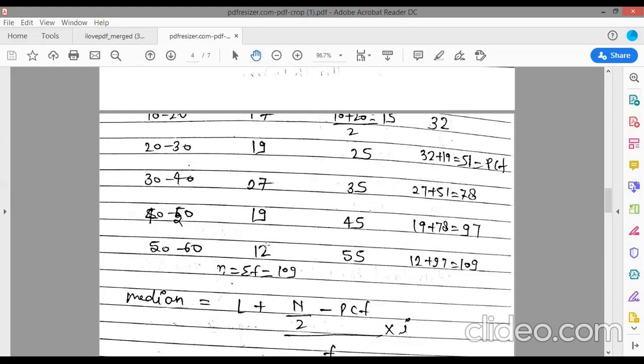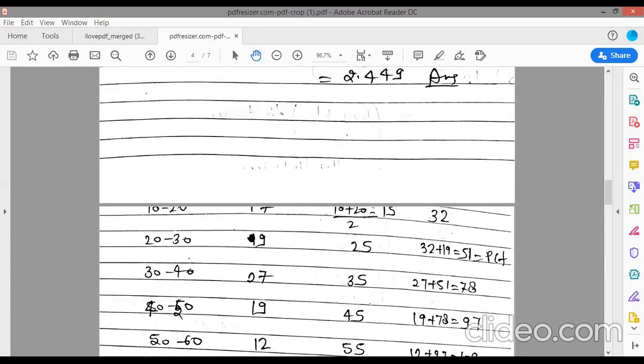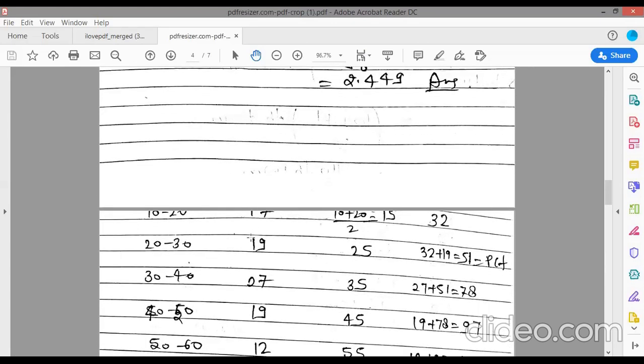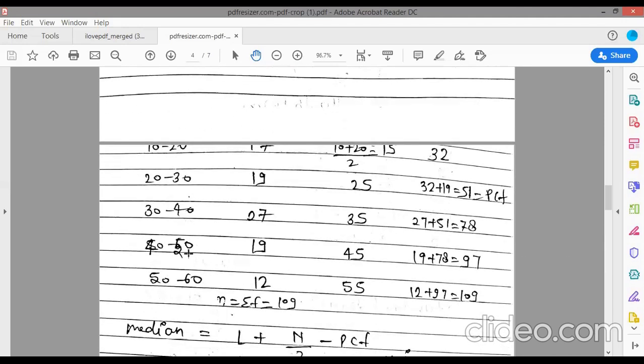There is a missing part here, 0 to 10 is missing. Don't worry about it, I will tell you. So the first column is your given interval. This is your exercise, so you can calculate all of these things, but the answer is here, so you can compare your answer with mine. So 0 to 10 is your first line, then 10 to 20, 20 to 30, 30 to 40, 40 to 50 and 50 to 60. So the first column is given here and the second column is the frequency.